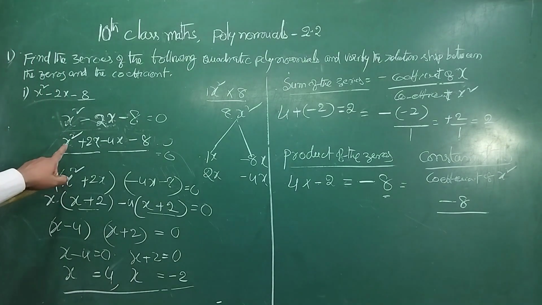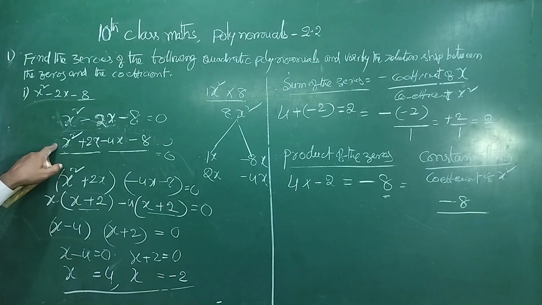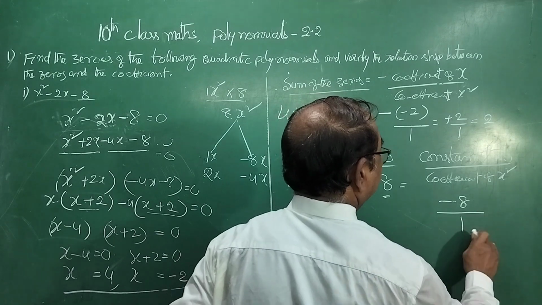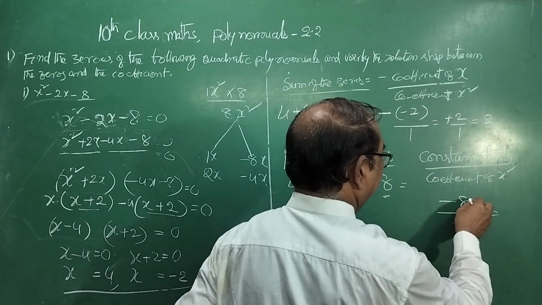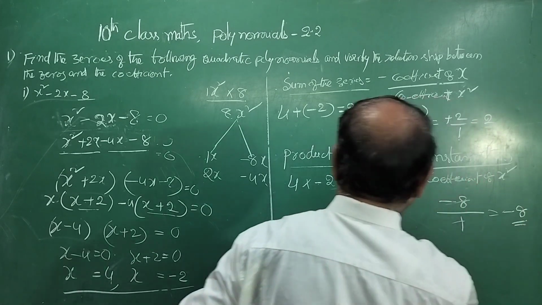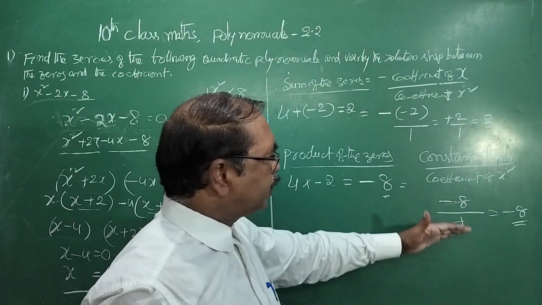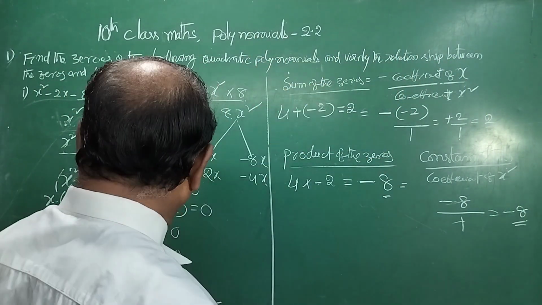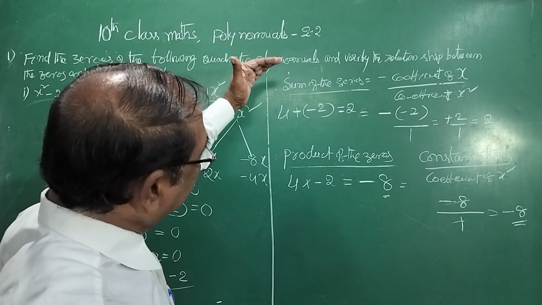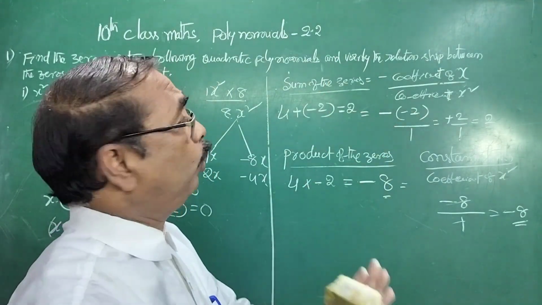The coefficient of x square, what is it here? The x square coefficient is only 1. 1 x square means 1x square. Let us strike it off. 1 into minus 8 goes minus 8 times. Here also minus 8. In the formula also we get the same answer, and from the coefficients we found the zeros. Like that also we found the same. That is the relation. Like that you have to show it.